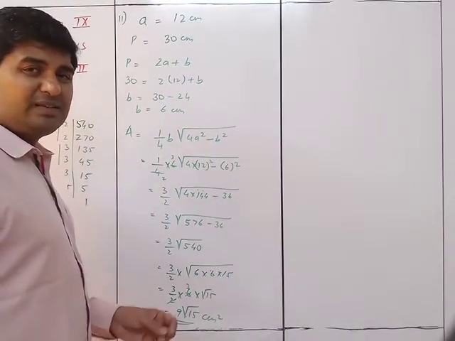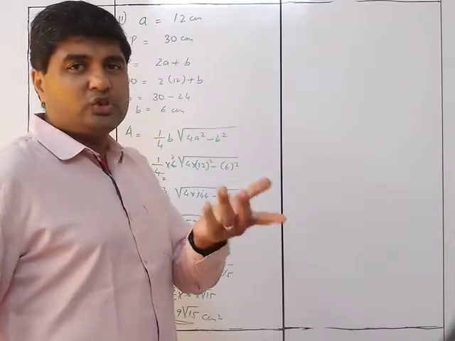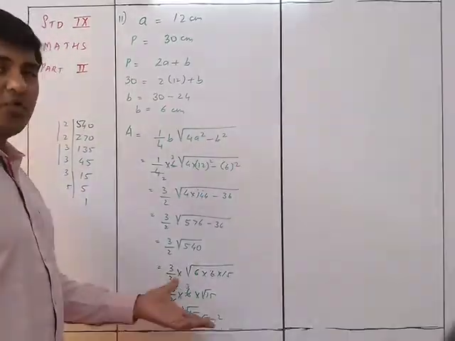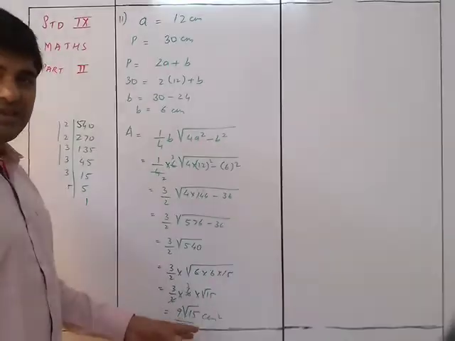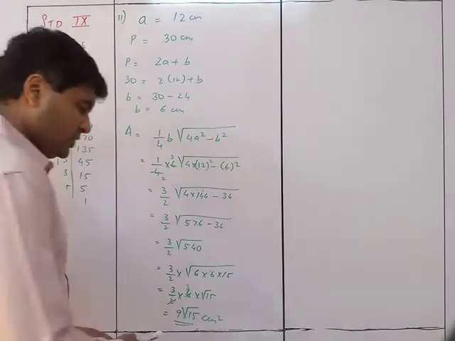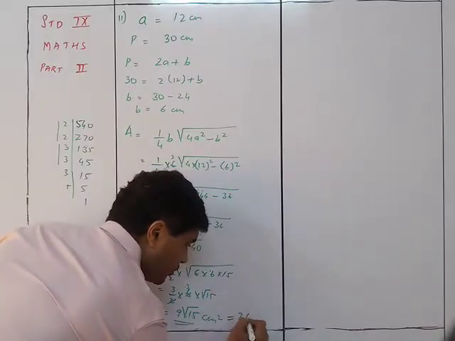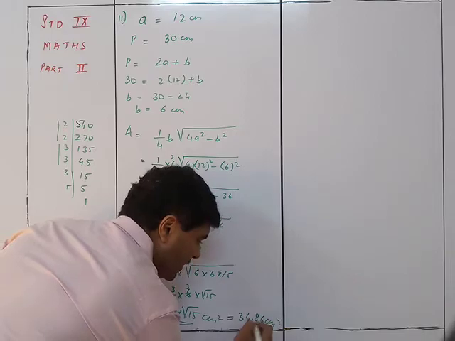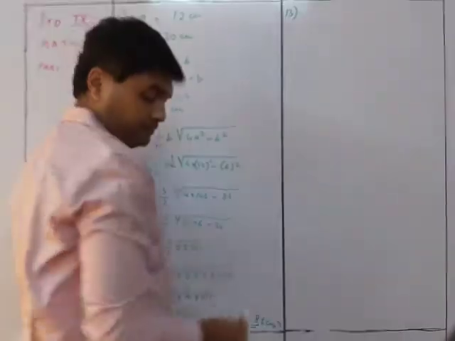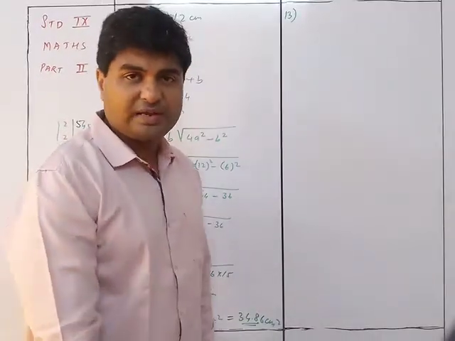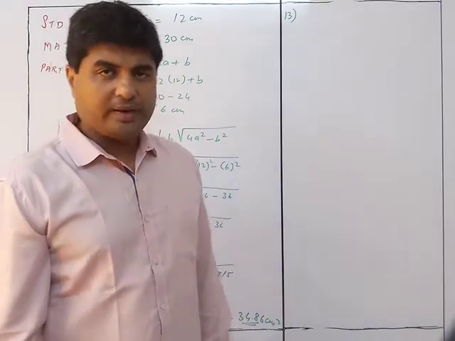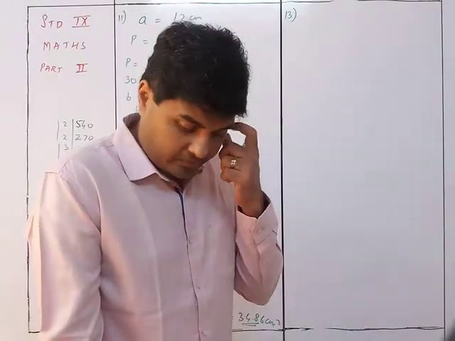I just checked whether we are correct or not. 15 is just near 16, so the root should be less than 4, around 3 point something. Around 4, 9 times 4 is 36. So the answer is 34.86 centimeter square. Not required, you can keep it over here. So yes, you can keep the answers in roots. If the value of root is given to you, like root 3 or root 2, then you can multiply it that way.